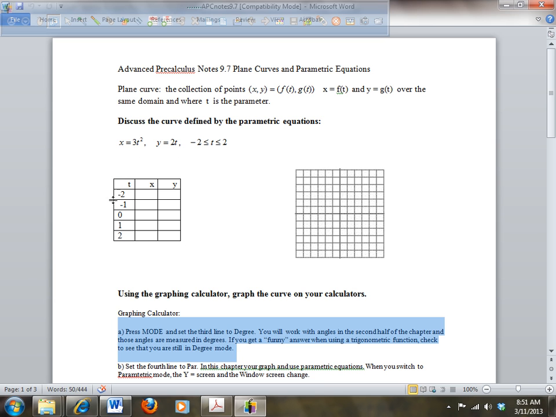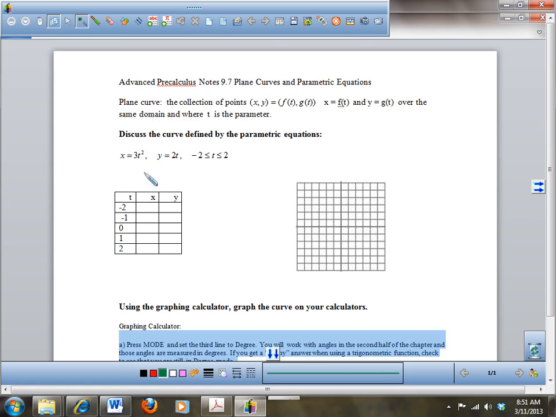So when I plug in -2 in here, I get -2 squared, right? -2 squared is 4 times 3 makes 12, okay? And down here I get 12 as well, yes? And then when I plug in -1, I get out what? 3, and then I get 3. When I plug in 0, I get out 0. And then for y, I plug in the same numbers. -2, I get